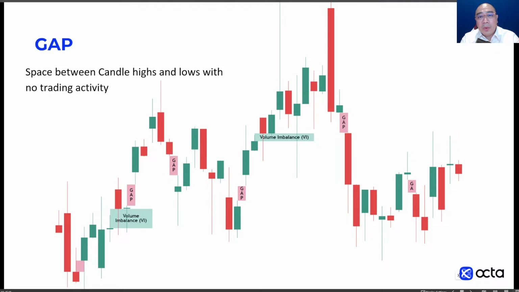And this is the gap that we're talking about. When there's no trading activity, it creates a perfect imbalance in the market where the buyers and sellers never meet. That's what we should be very afraid of. So the fair value gap doesn't have the same logic as the traditional gap that you're looking at here, which is that pink block in the market. Can we define that pink block?